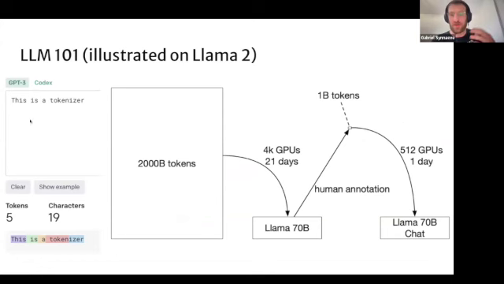Well, first of all, you have a tokenizer. A tokenizer is something that is going to split the sequence into a bunch of different tokens. Here I just took a small screenshot of the GPT-3 tokenizer, and those are the tokens you're going to get out of the sequence. The word tokenizer in the GPT-3 tokenizer is not a single token, for instance. You see it's token and a tokenizer.